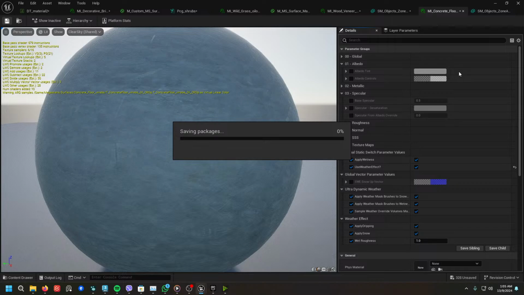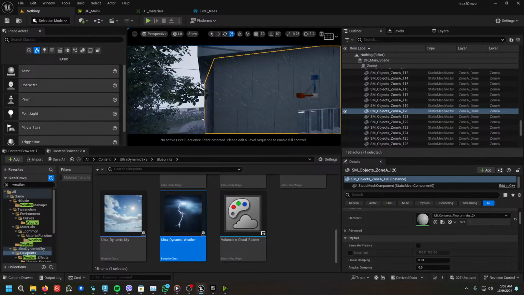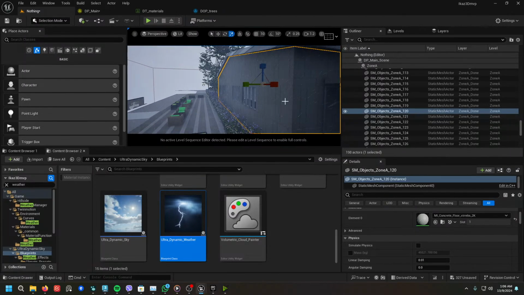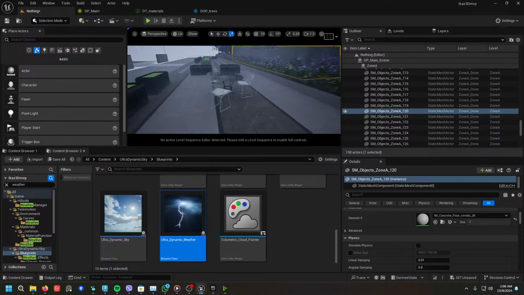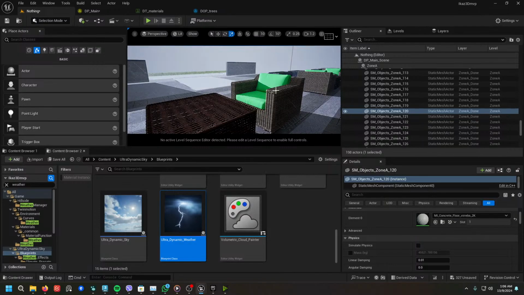It takes some time to save. So you see, guys, it's a very fast process to use for your next projects. Also, the workflow today I just showed you is a very fast one. Okay, so like you see, this green, for example, is striking your eyes because I don't put the material for this yet